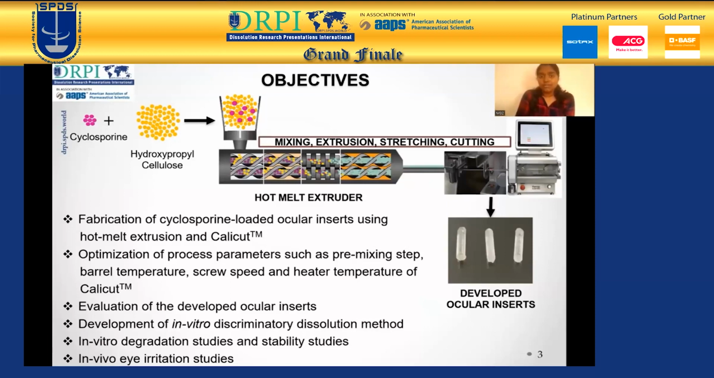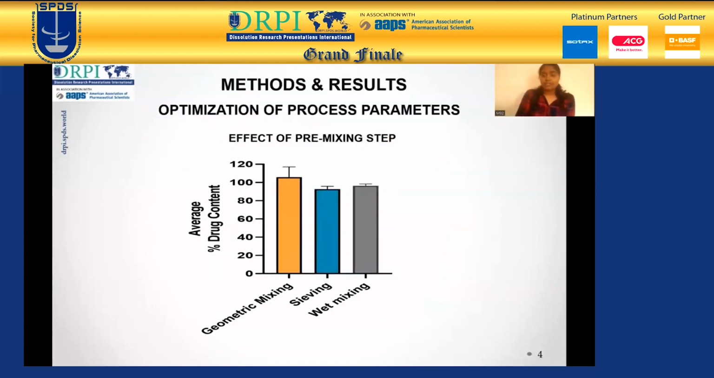The drug and the polymer are fed into a hot melt extruder, and the resulting extrudates are then fed into a stretching and cutting machine called the Calicut that gives us the inserts of desired dimensions. Optimization of process parameters of both HME and the stretching and cutting machine were carried out. Initially, we studied the effect of pre-mixing step on the content